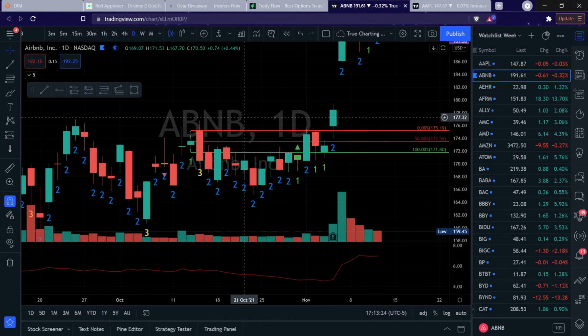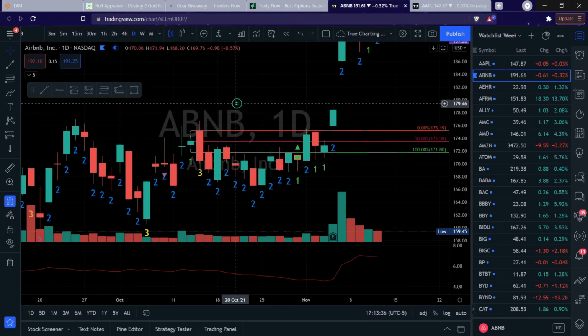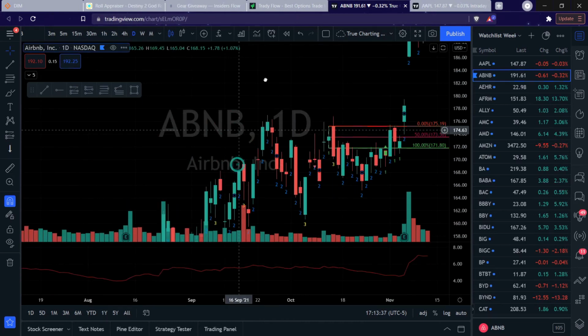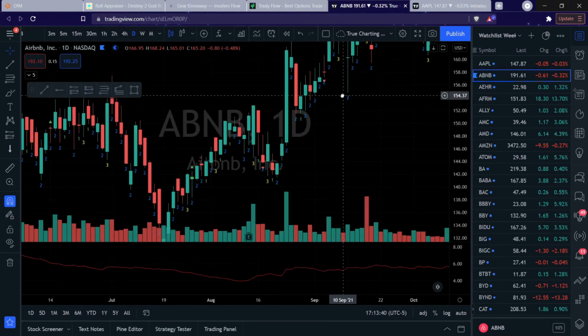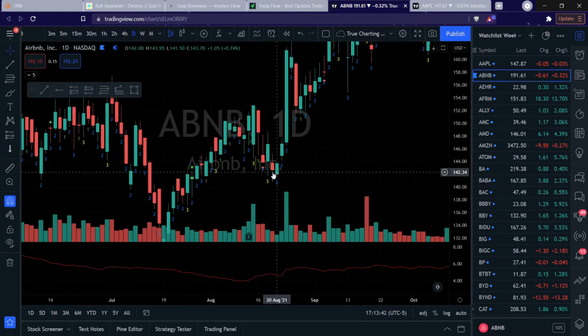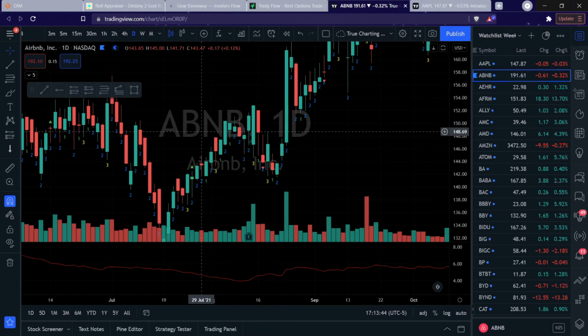Also showing you guys live in the room, like, hey, we're going to be looking for the breaks and the closes. So this is the 1 to 3 play. So keep that in mind. It's called 1 to 3. It's one of my favorite setups. I'll show you another example. Let's see if we can find another example on Airbnb. 3 to 1, 3 to 1.